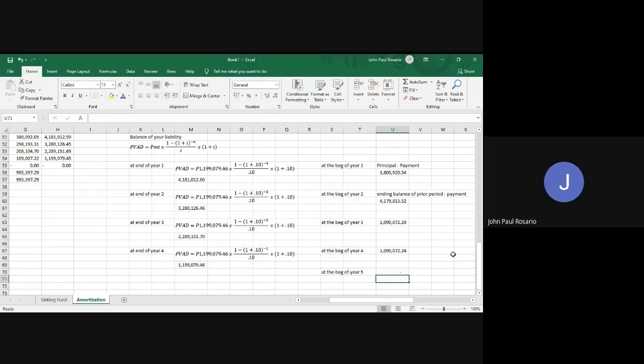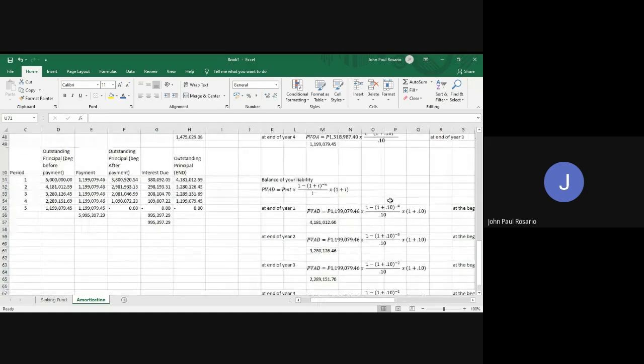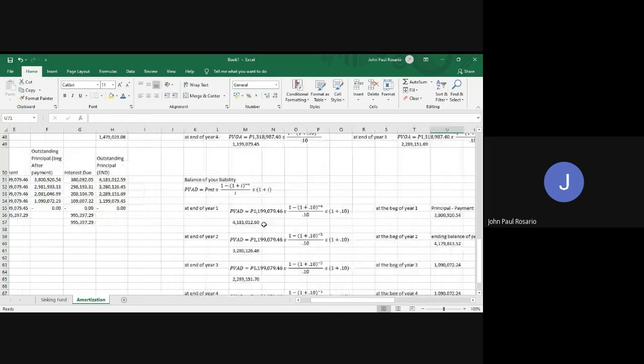So of course, at the beginning of year 5, there is no more balance, because at the beginning of year 5 the debt is already fully paid. Okay? So as you can see here, guys, at the beginning of the year, the balances are